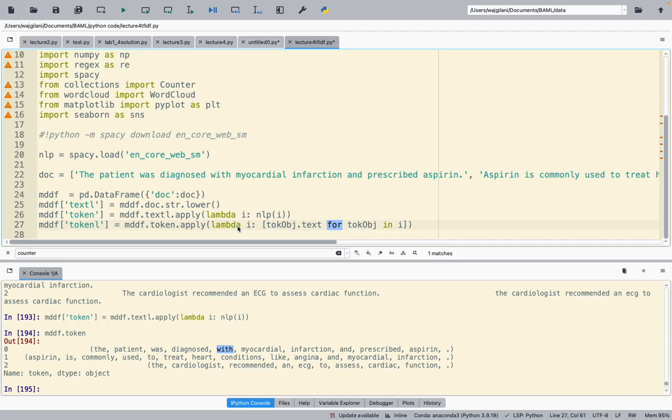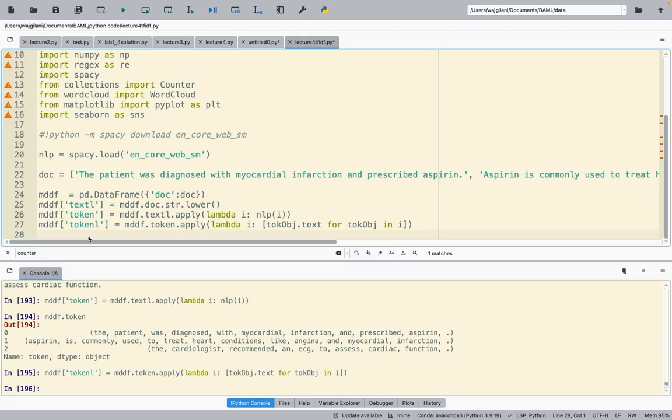So this part lambda I is going to iterate through every row, right? When it iterates through every row, this for loop is going to kick in to go through each element within each row. So token object is going to go from object to object right here, and then literally say grab the text and stick it in, and what these brackets over here means is going to stick it in this list. It's going to keep just appending into this list again, just like we created a list up here, guys. It's going to use a for loop to create that list over there. So when I run this now,